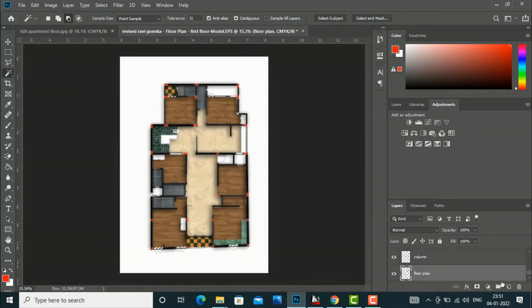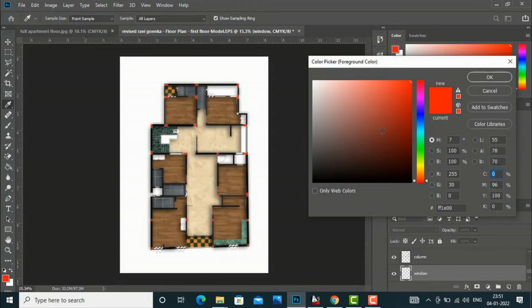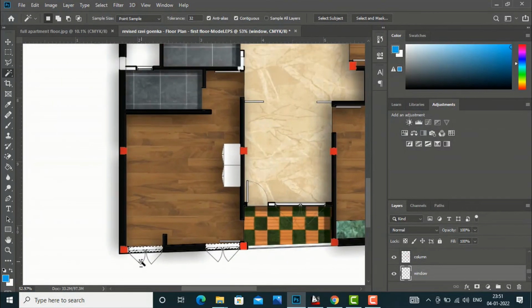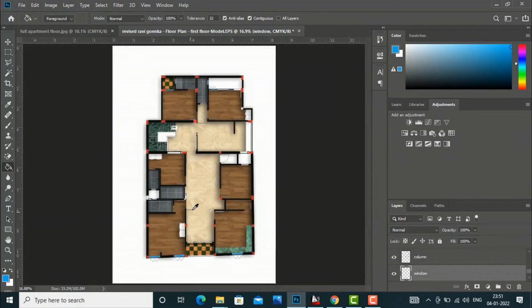I will create another layer for window, and we'll give a light blue color here, sky blue. Can give this, zoom it, and this G command, Control D, and now color is applied to all the windows, and you can